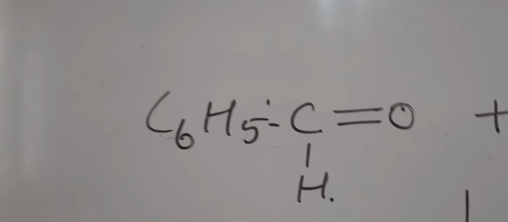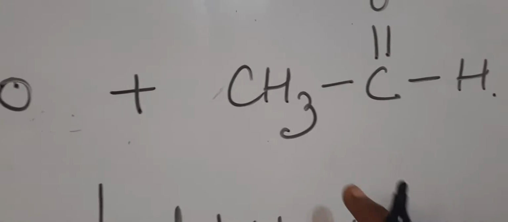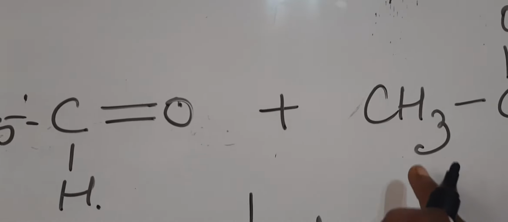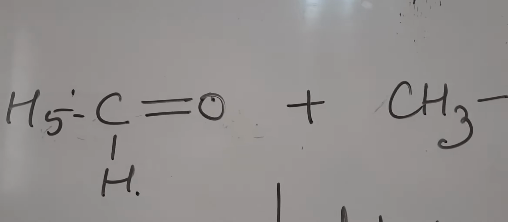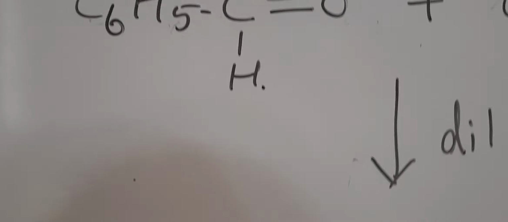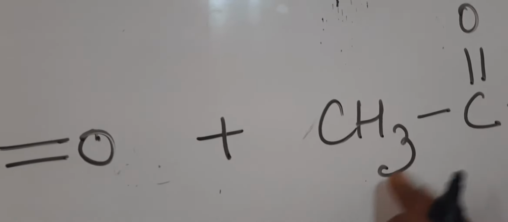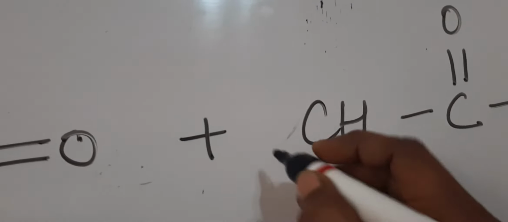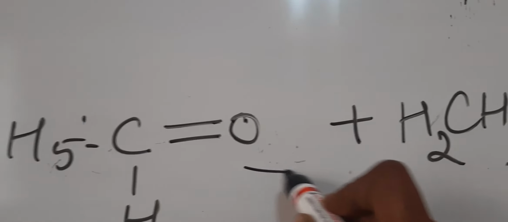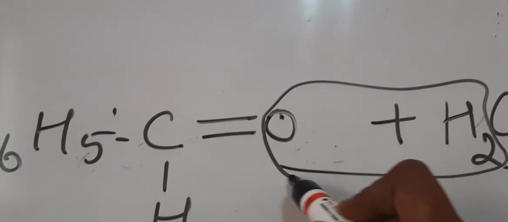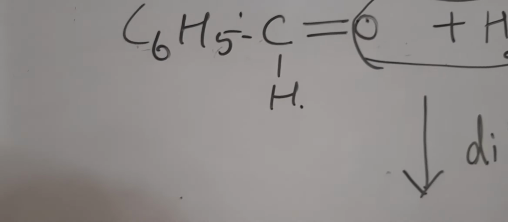I have written the benzaldehyde in this form, C=O in this direction, and it's a simple reaction. Water is removed: H2 from here and oxygen from here are removed. Then the remaining portion we can combine. Let me write it like this also, CH3 here. This is also CH3, right? Water is removed, then the remaining portion we can combine.